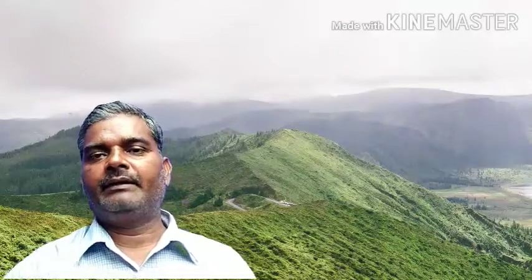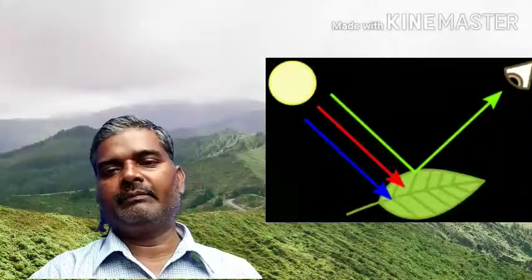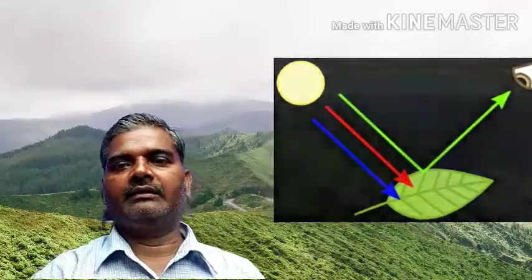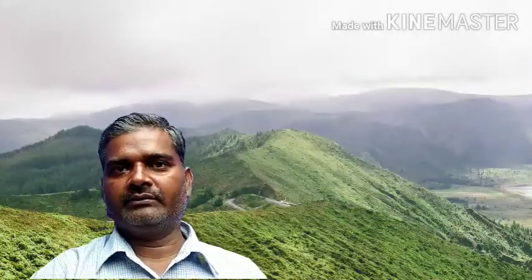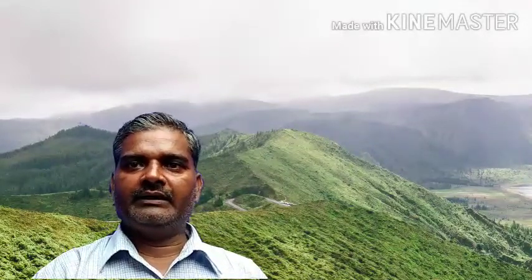Third, nature of light. The blue and red regions of the visible light are most effective for photosynthesis. If light of some other color is made to fall on the plant, then the rate of photosynthesis decreases. Means red and blue light increase the rate of photosynthesis, while other colors of light decrease it. Temperature: the temperature does not affect the light reaction. The effect of temperature on photosynthesis varies from plant to plant.